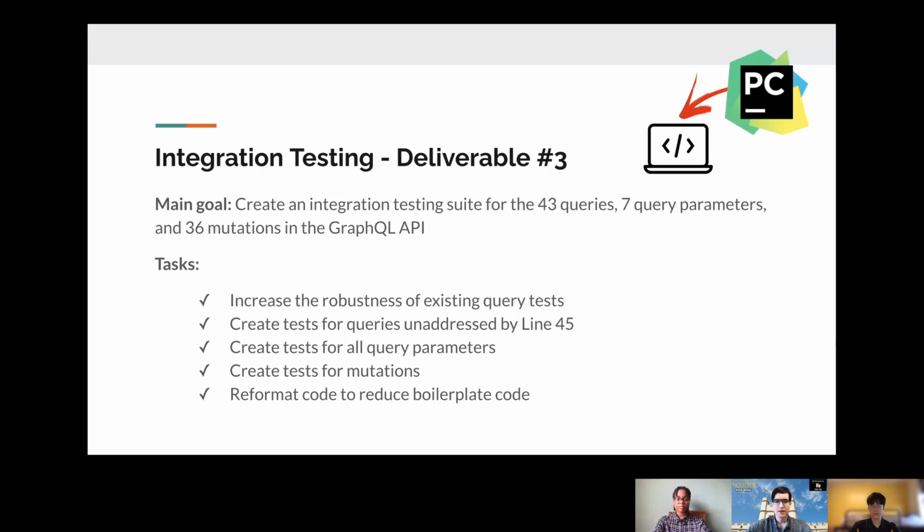Similar to our first deliverable, we used the divide and conquer approach again to tackle the queries, query parameters, and mutations. Whenever we were running into issues, we would bring those issues up in our meeting with our advisors, which were usually at 1 p.m. every weekday, barring any conflicts in our schedules, of course. If the issue could not be solved with feedback from our group members or our advisors, only then would we reach out to our client. In most cases, the issues that we brought up with our client occurred due to issues in either their codebase or the server.